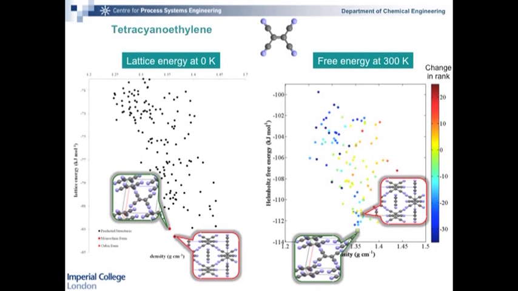With his new calculation, he's been able to go to 300 Kelvin, and this is a modified energy landscape at that temperature. And the color coding here indicates how much the structures are moved up and down in the landscape. And what is striking here, with the dark blue being a very large shift downwards, you can see that a lot of the structures that are now at the bottom are in dark blue. They have moved a lot. So there's a huge amount of re-ranking that goes on at 300 Kelvin.